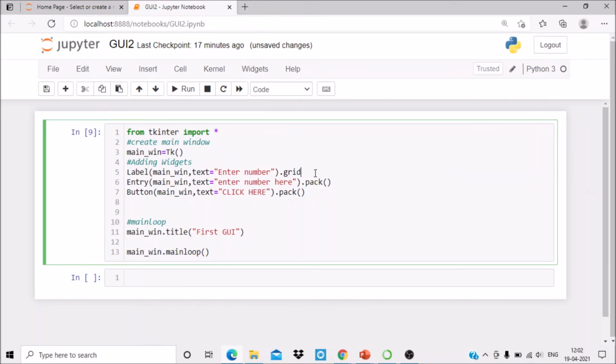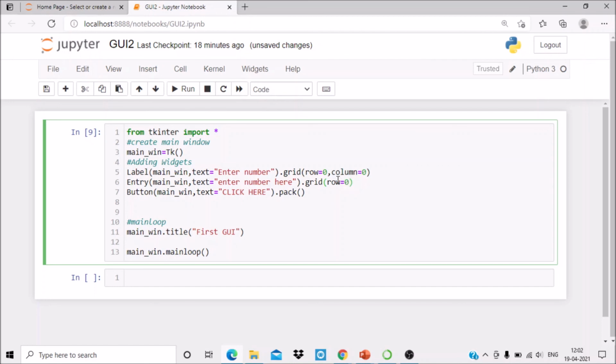So it is grid, and in case of grid you have to specify row is equal to and column is equal to. I am specifying row is 0 and column is equal to 0. Okay, column is equal to 0. For entry I am having the grid method. Grid row is equal to 0.